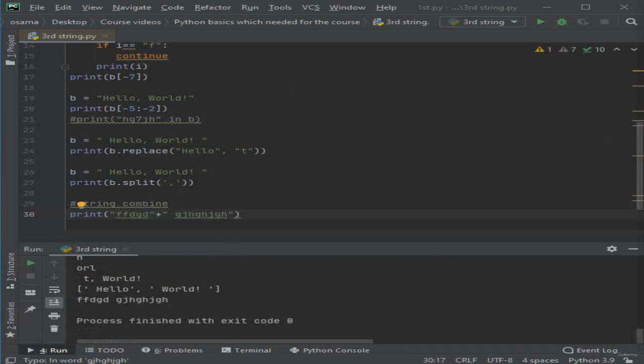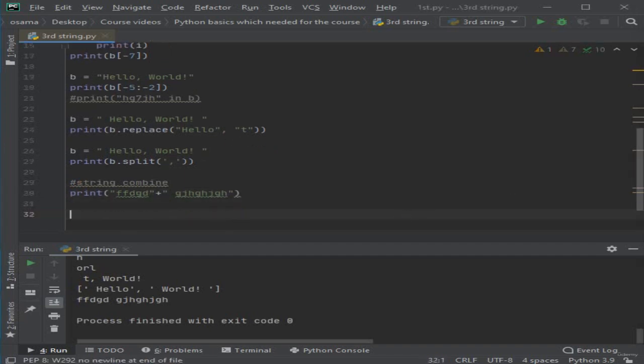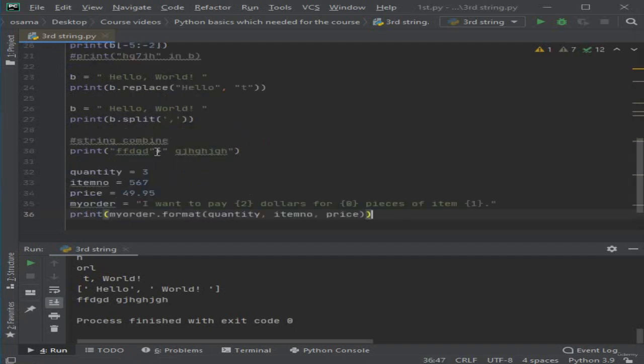Okay, let's see the next lesson. We talked before about string formatting, and let's do a revision for string formatting. Let's see this example. Here in this example, we have a variable called quantity equal to 3, and a variable item equal to 567,